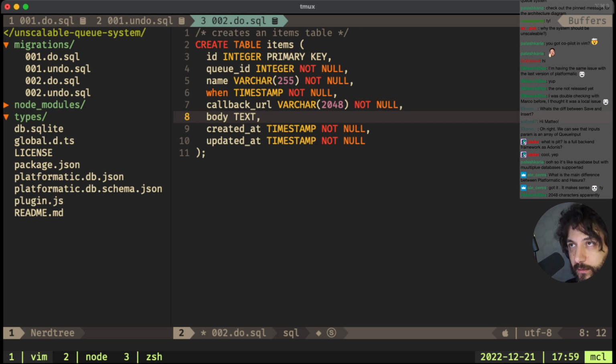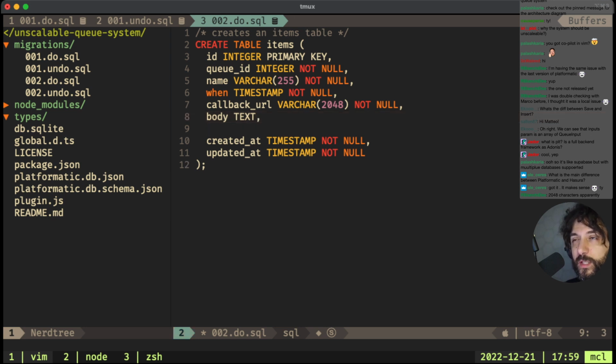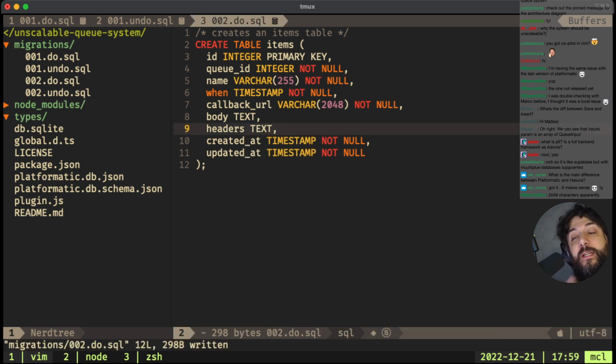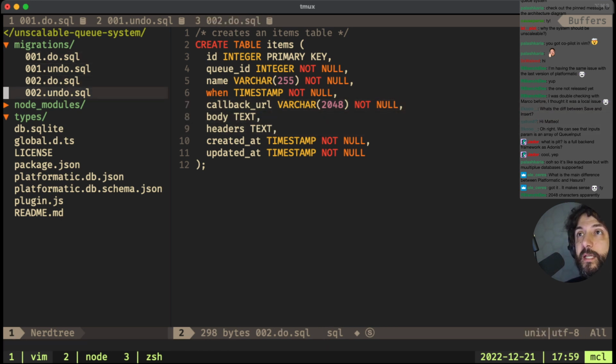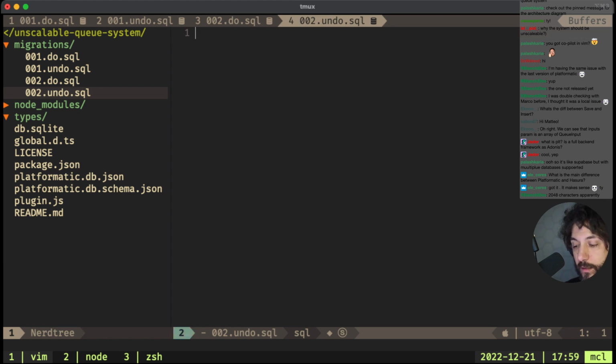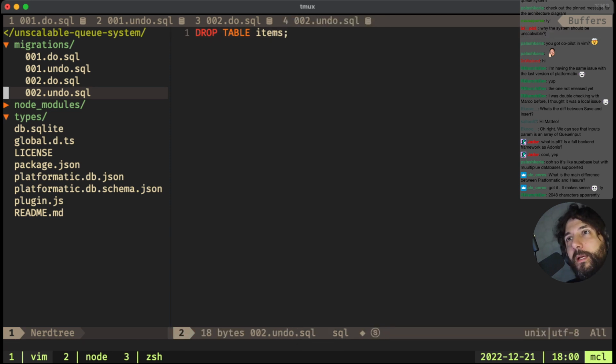And then I am going to do the same for headers and keep it as text. And then we will find out what to do with them in the future, I would say. Okay, and then in undo, it's a drop table. Come on, items. Yay. I love Copilot.